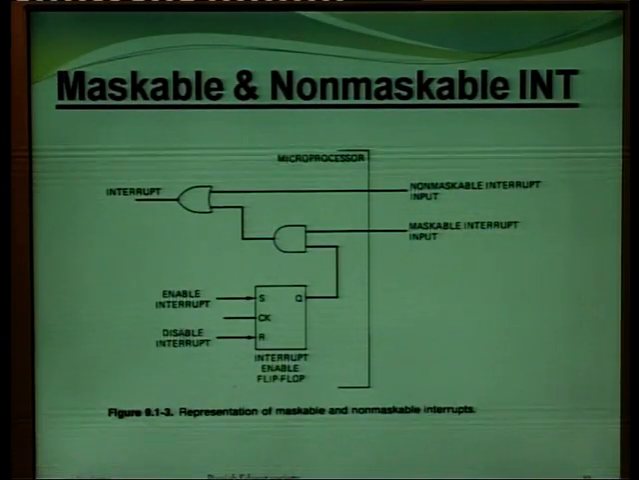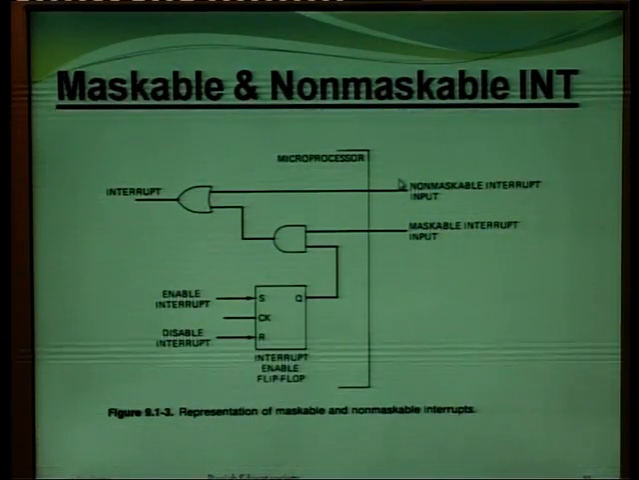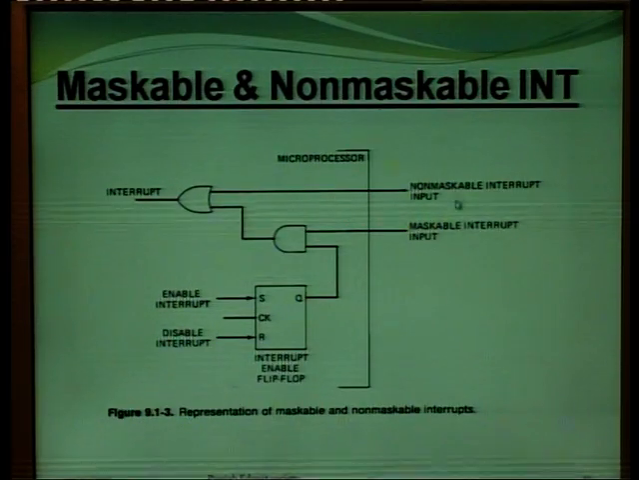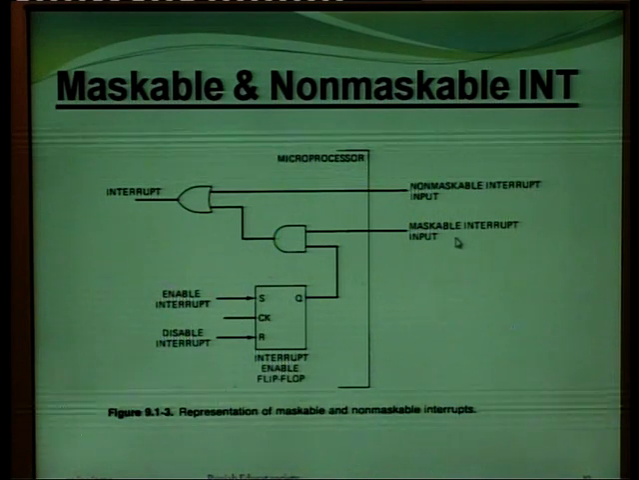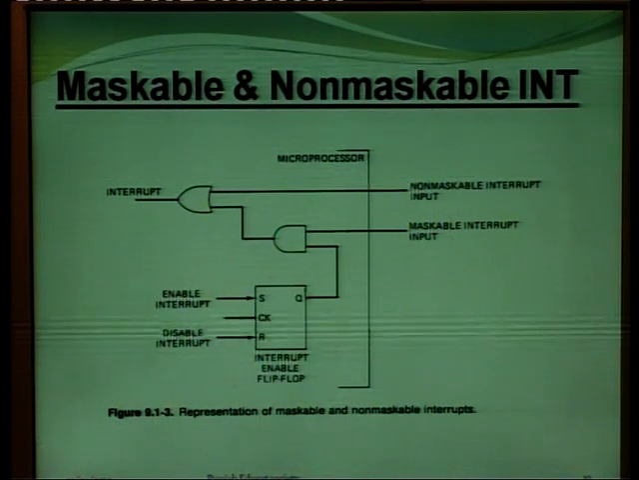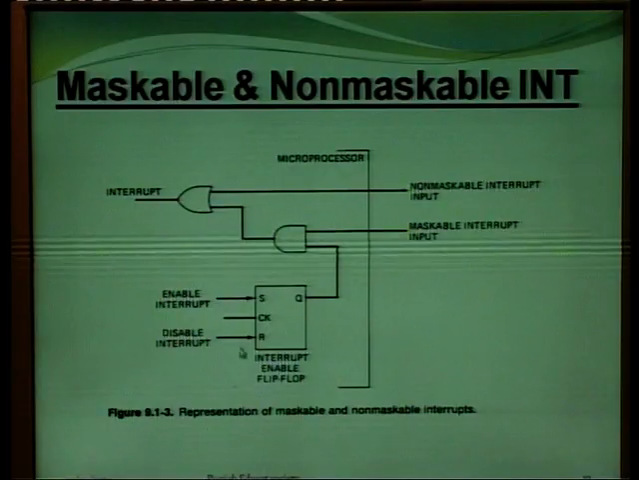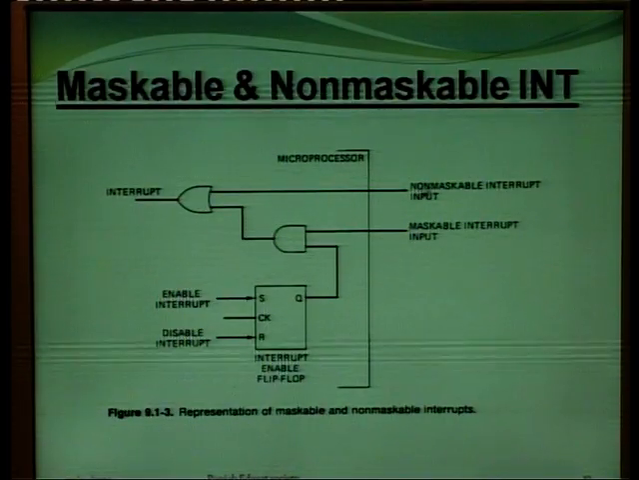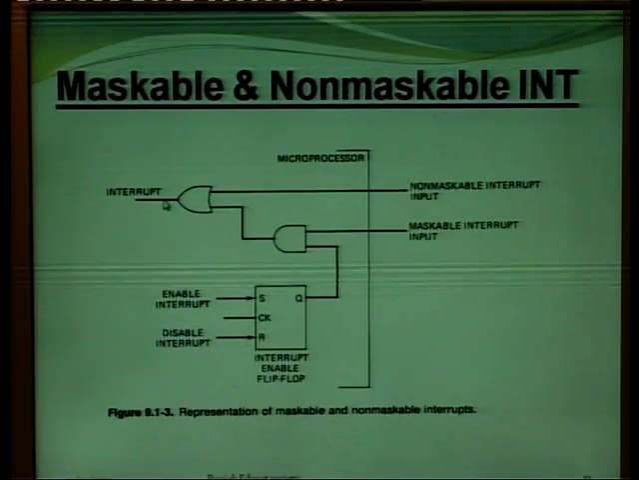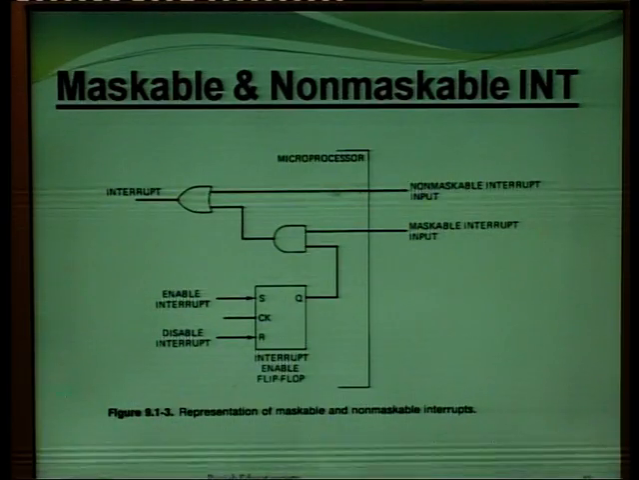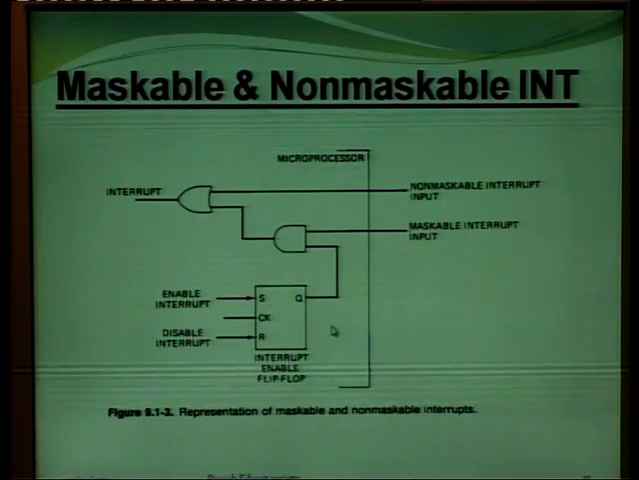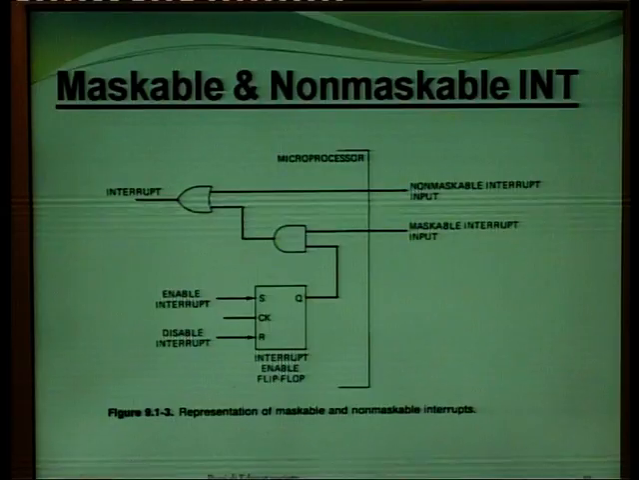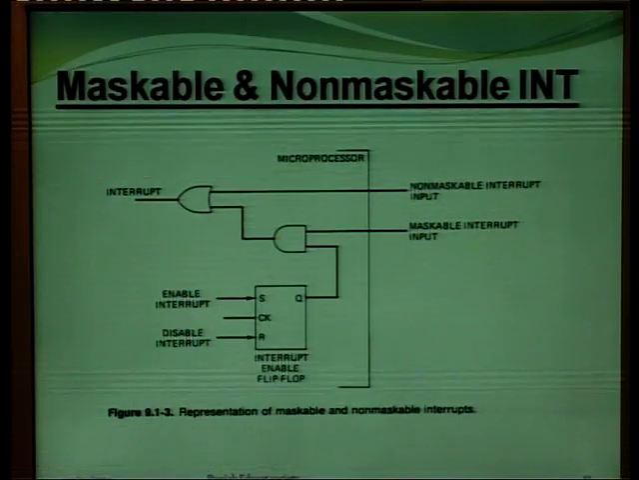This is a maskable and non-maskable interrupts of microprocessor. Here this is the microprocessor. Two types of interrupts, non-maskable interrupt input and maskable interrupt inputs. Maskable interrupt inputs may be enabled or disabled through this interrupt enable flip flop, whereas non-maskable interrupts are always on interrupts. These are always on interrupts. So, whenever an external device wants to interrupt a microprocessor through non-maskable, they